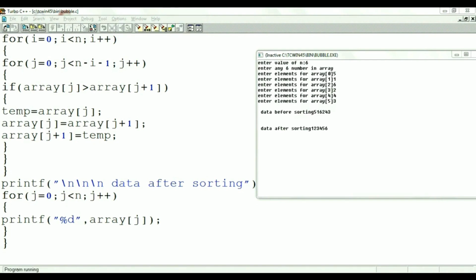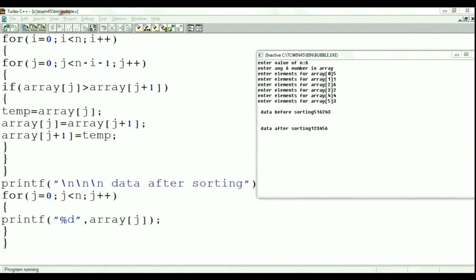So we have temp equal to array of 3, that is the value 6 is assigned to the temp variable. Then array of 3 equal to array of 4, so the value 3 is assigned into array of 3. Next, array of 4 equal to temp variable. Now array of 3 equal to 3 and array of 4 equal to 6.